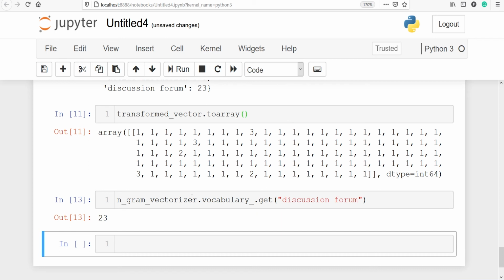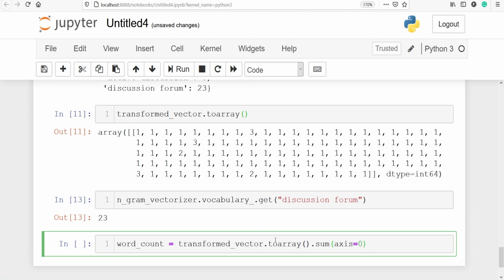We can calculate the frequency of the bigrams and trigrams using sum. I'll make one variable, word_count. Now I will call transformed_vector, convert it with toarray, then call the method sum with axis equal to 0. Axis equal to 0 indicates columns.